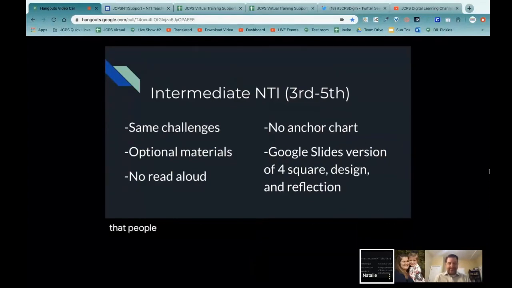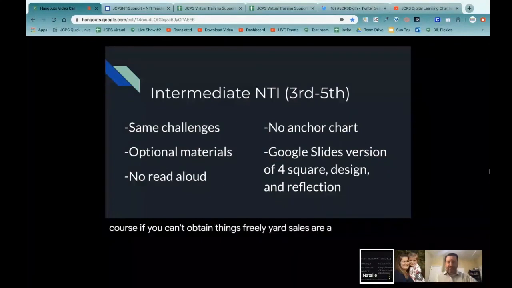People have a lot of stuff around their house that you don't even know that they have, that they're really looking to give to a good home and a good cause. And when you give people a little bit of notice, you'd be surprised at how much you can collect for free. And then, of course, if you can't obtain things freely, yard sales are a great place to find random